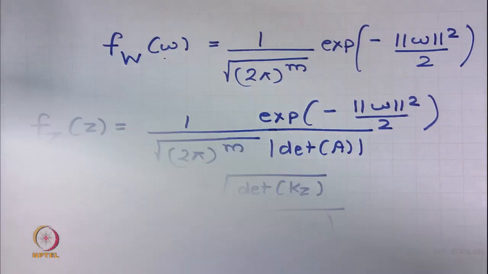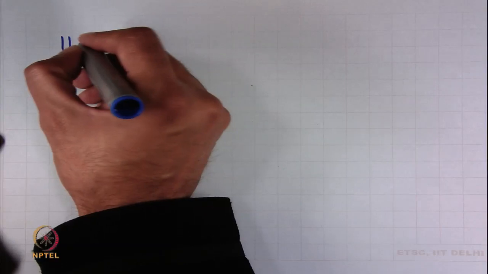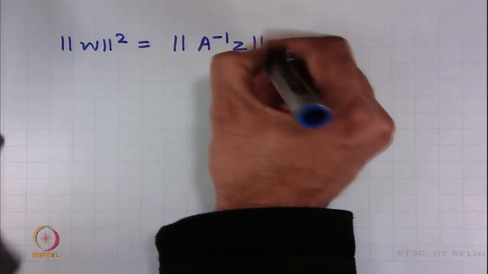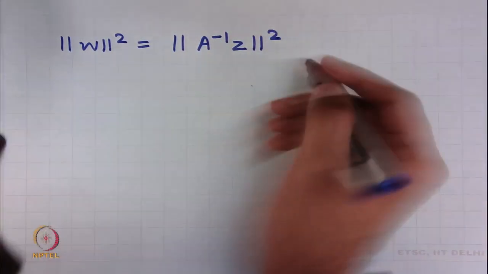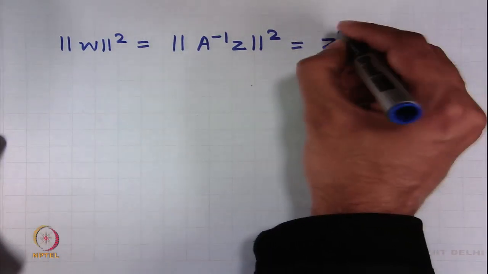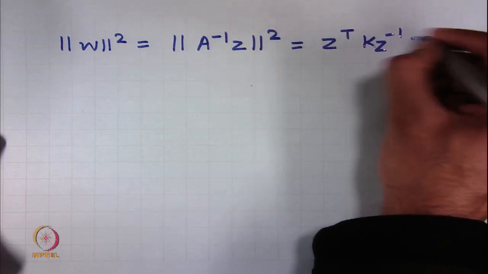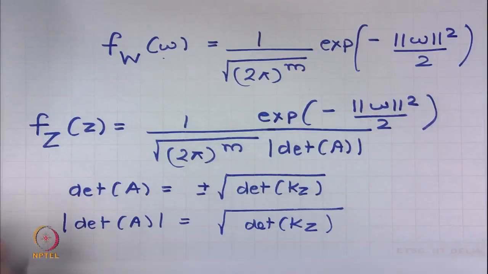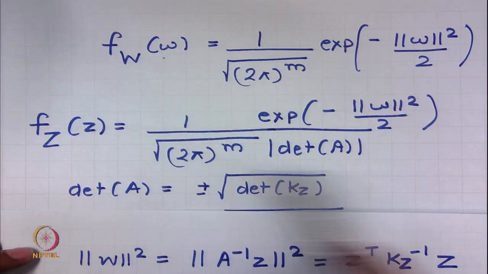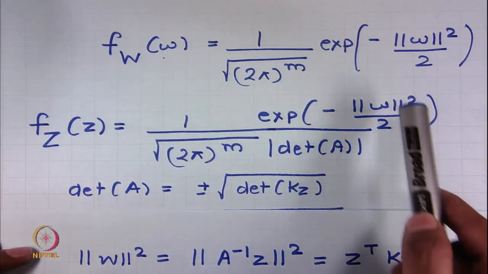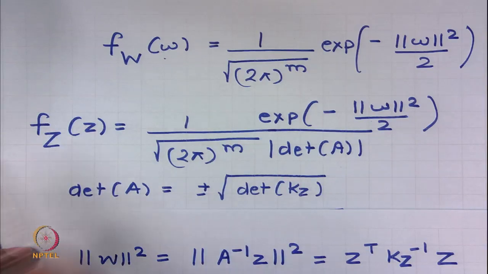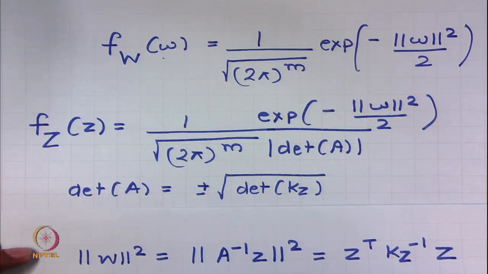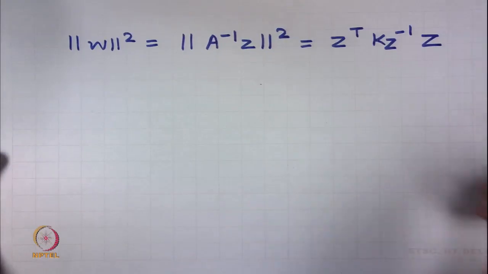Second thing is, we have seen that norm of W square is nothing but norm of A inverse Z square, and we have proven this is simply Z transpose K Z inverse times Z. So, what we are up to is we are trying to express this probability density function in terms of Z. So, we want to get rid of W, okay, because this is a function of Z. So, we want to talk in terms of Z rather than in terms of W, right. So, the final expression for probability density function of Z